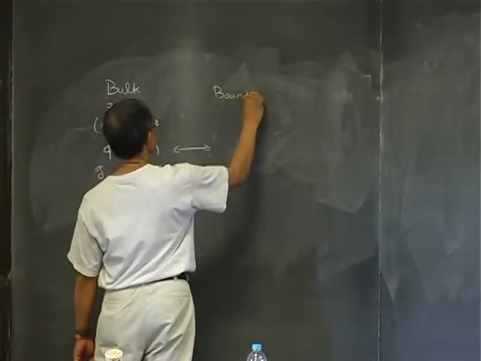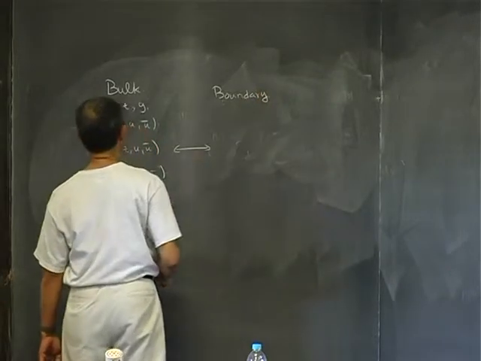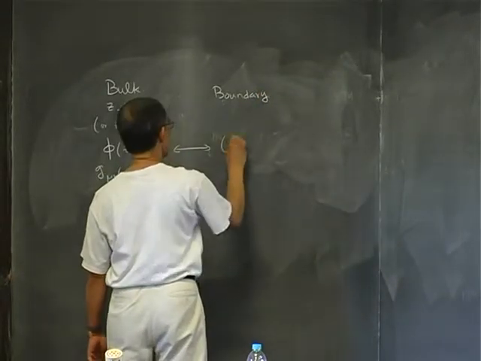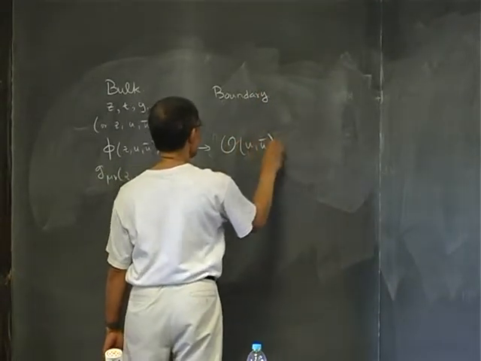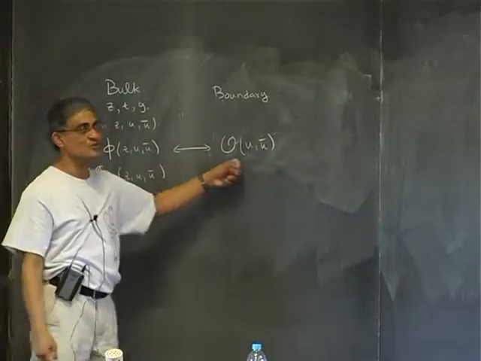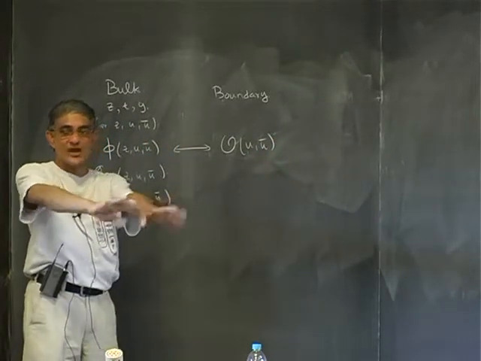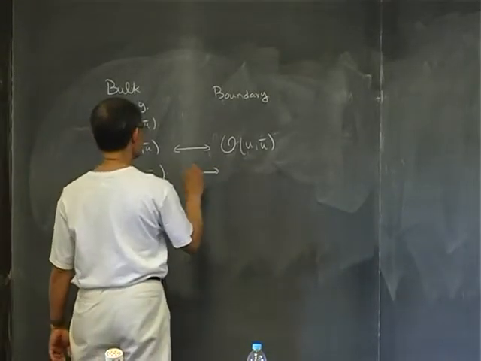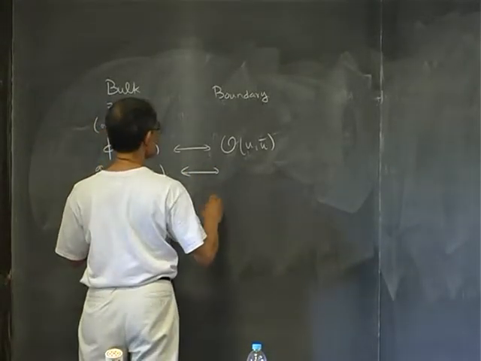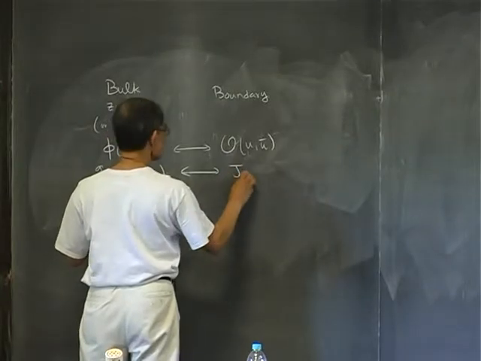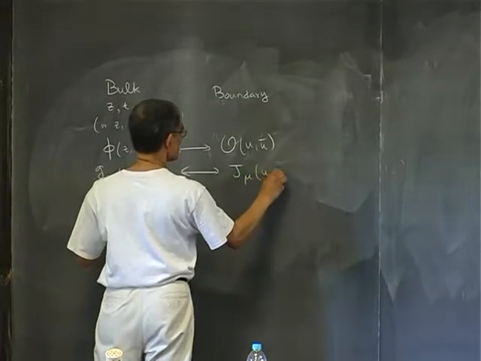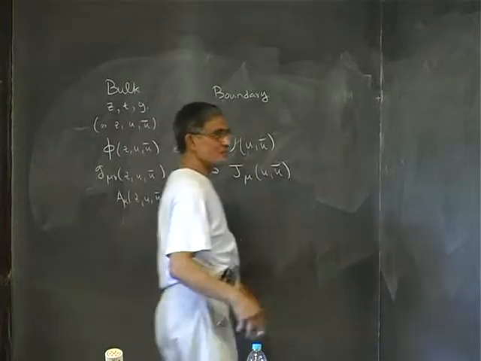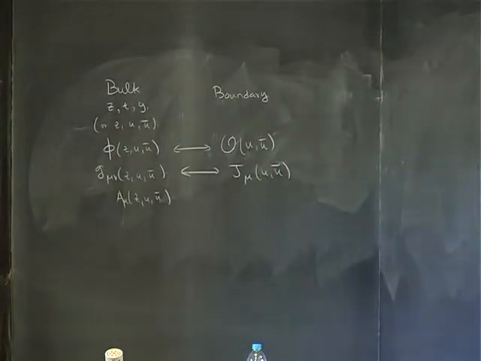Operator on the boundary. And the operator on the boundary I'll call O, U and U bar. Just by the symmetry structure, this has to be a scalar under rotations of the two-dimensional space, O, U and U bar. This has a correspondence with some vector current, in fact, on the bulk,